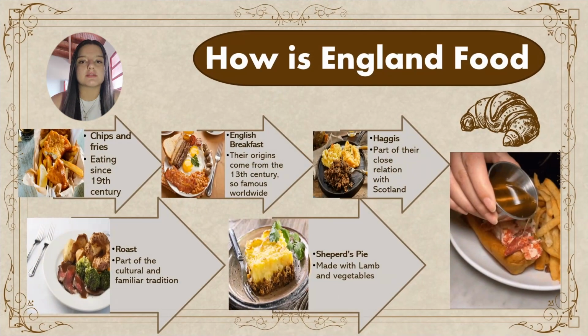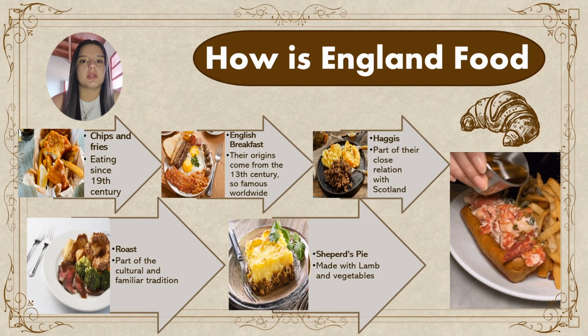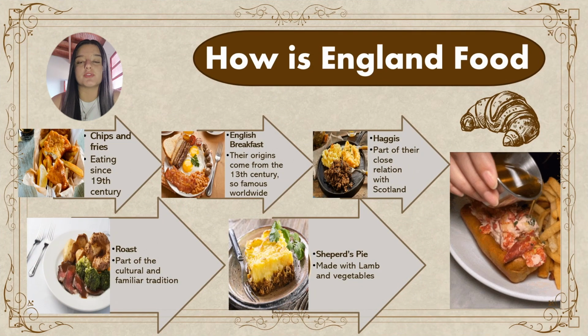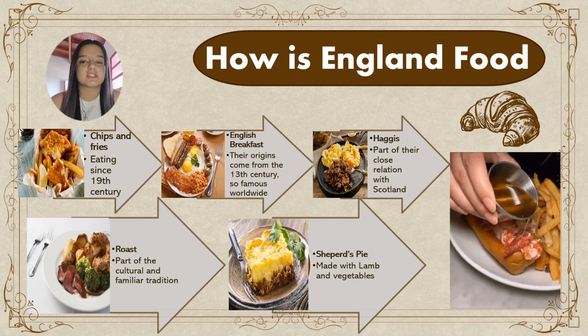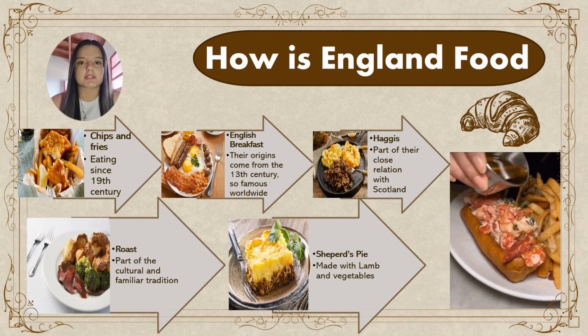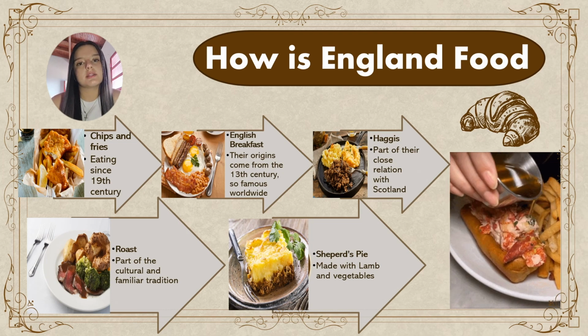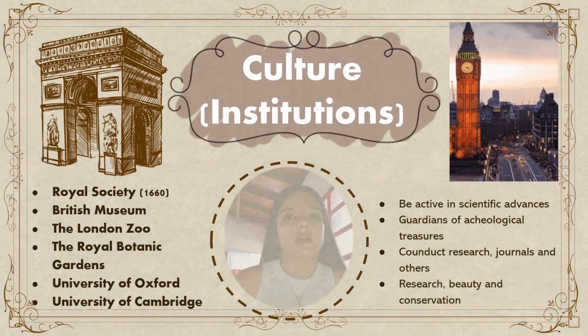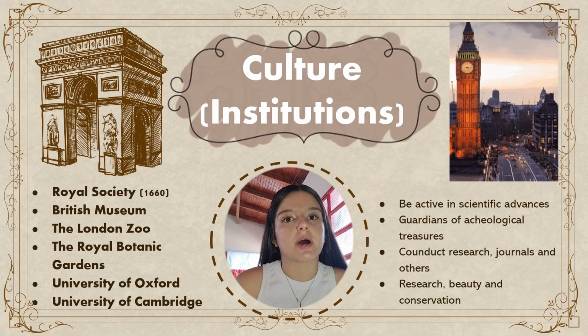One of the England symbols is the food. Here in this slide we can see some of the most common: chips and fries, English breakfast, haggis, roast, and shepherd's pie. Here we can find some places that provide the development and growth of culture in all their aspects,